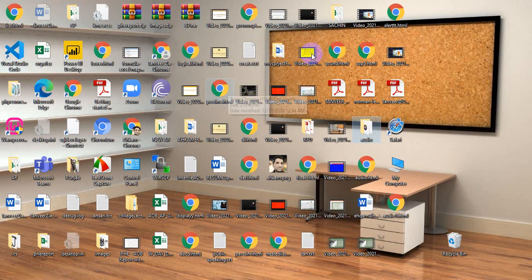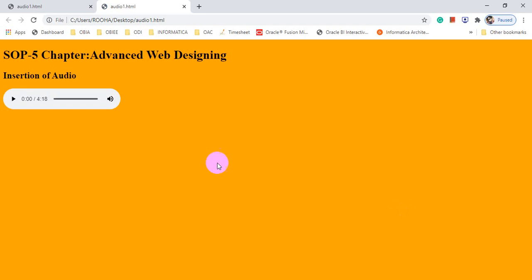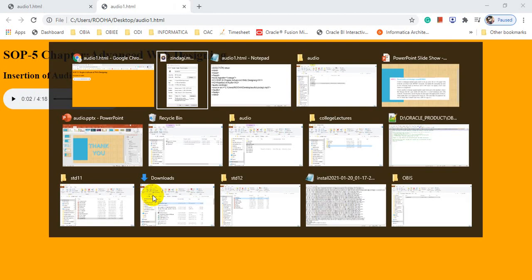Now I just want to open my file. This is my audio1.html. Let me open it. So now the file has been added. SOP5 chapter advanced web design, this file has been added. When you click on play, it will play. It is working.